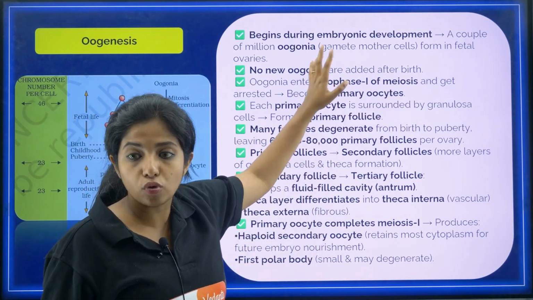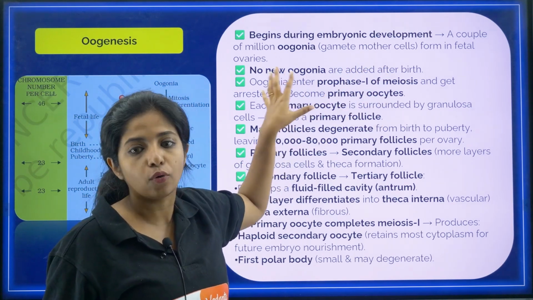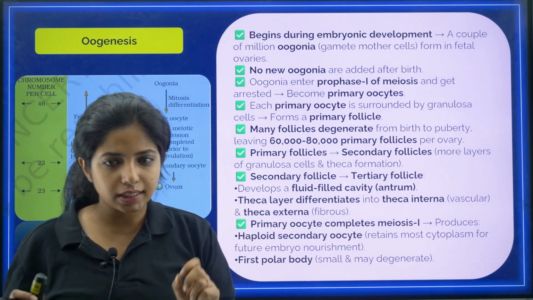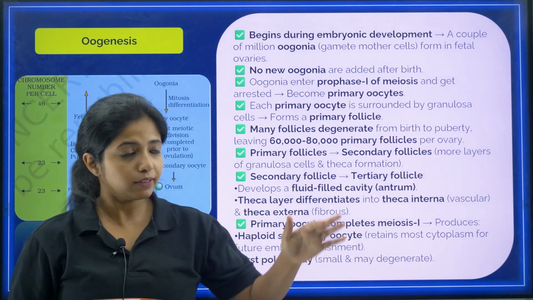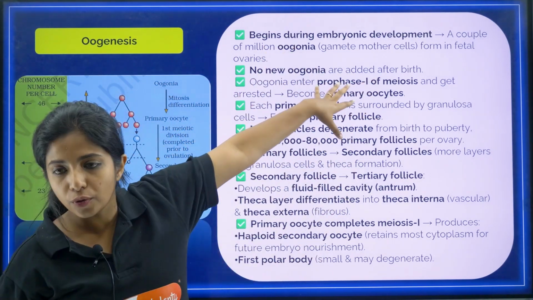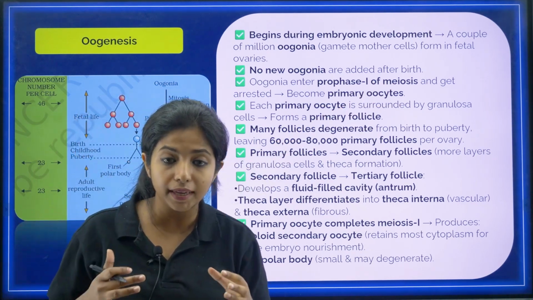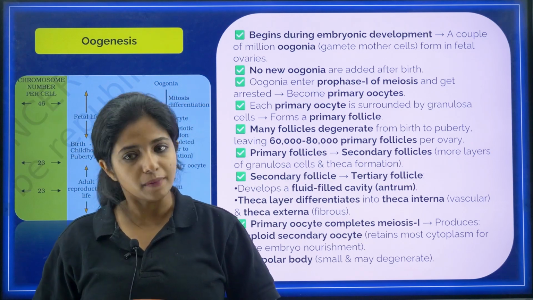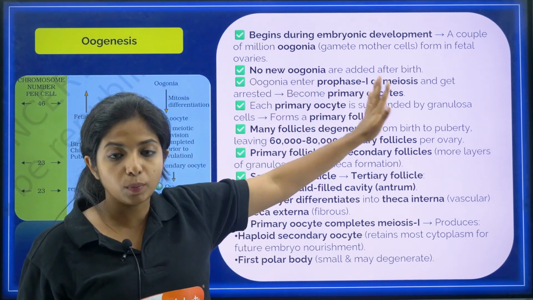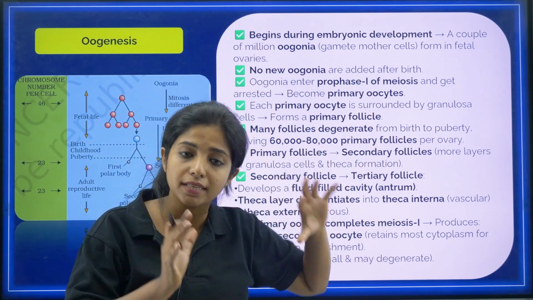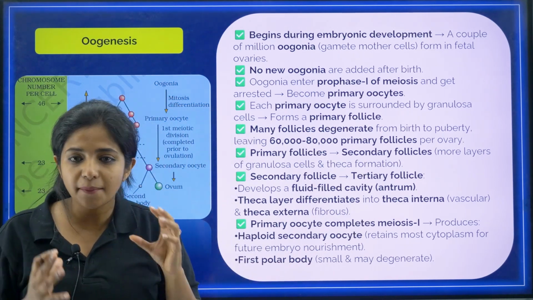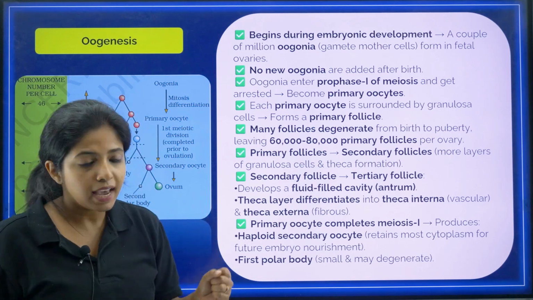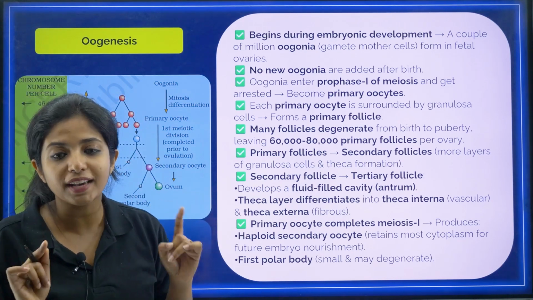A couple of million oogonia, my dear children, are formed in the fetal ovaries, in the ovaries of the fetus. So a couple of million oogonia would be forming in the female ovaries in the fetal stage itself, when the baby is inside the womb of the mother. Now, no new oogonia are added after birth, but what happens to the pre-existing oogonia? Some of them enter meiosis, and they get stuck in one phase of meiosis, which is